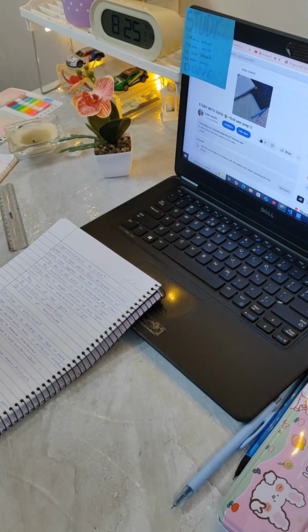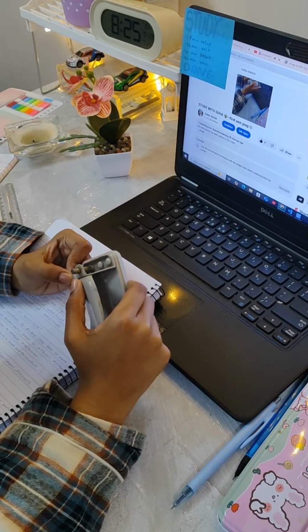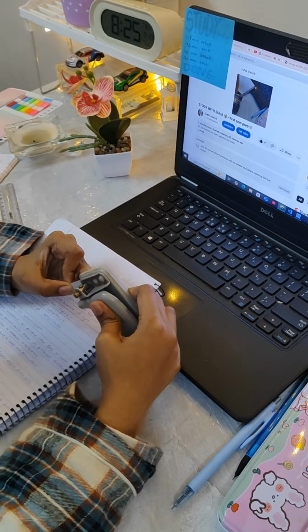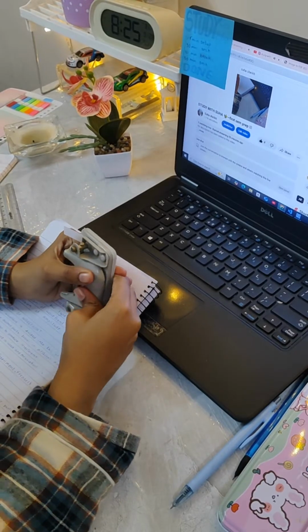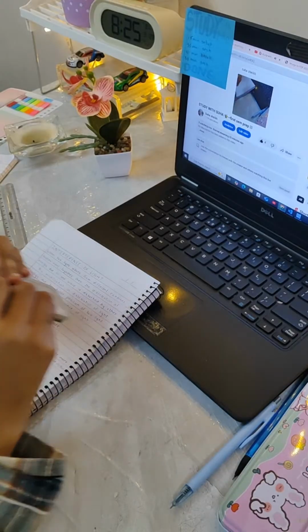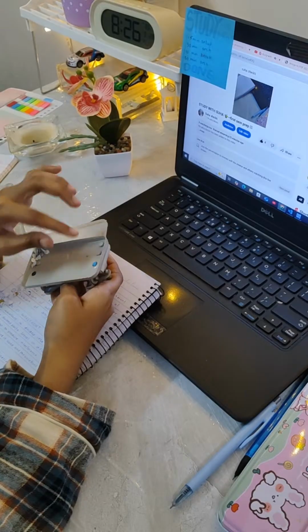And how exactly am I supposed to make sure it's getting in the center? Let's hope that's right. Oh, it's stuck. Why is it stuck? Is it stuck because it's plastic? Oh, it's stuck. Okay, so that did not work out. It got stuck and the remaining thingy is still stuck in it. And I made a mess.